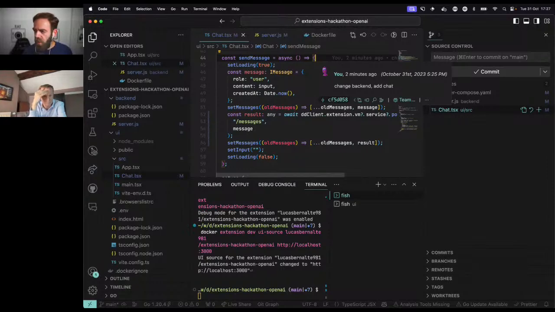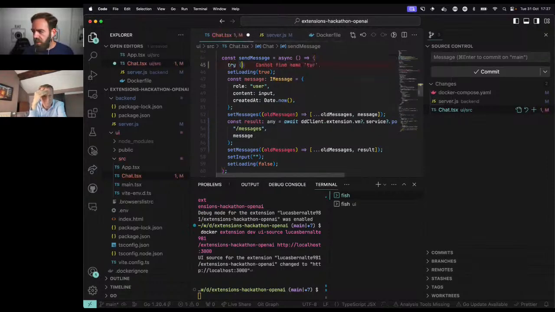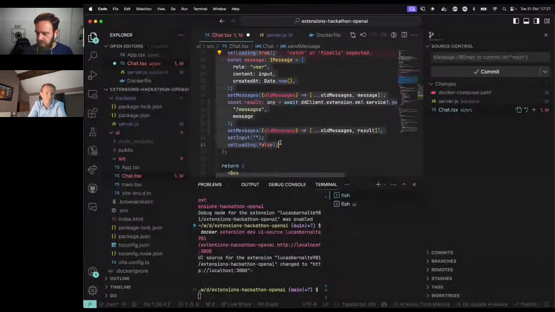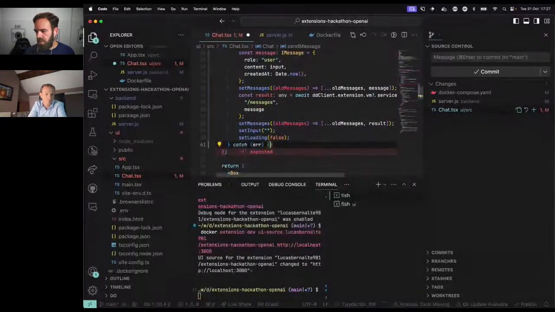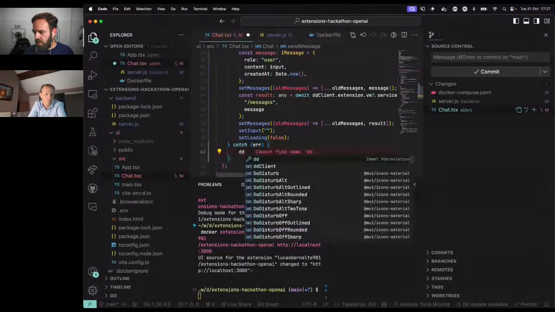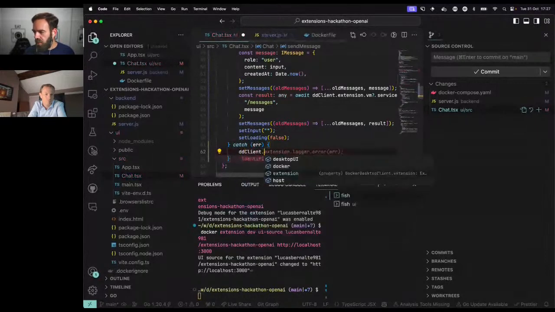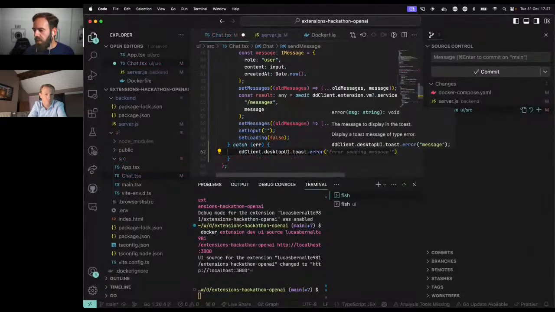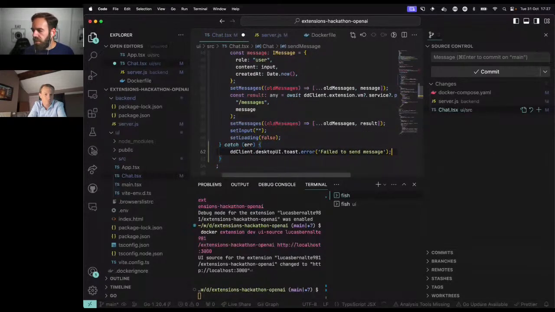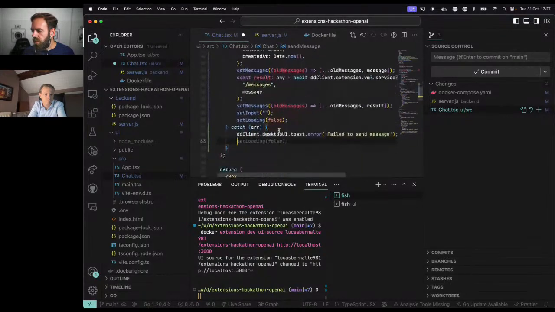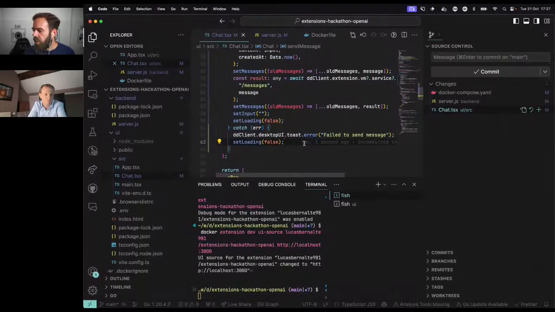If we wrap all of this into a try catch and then catch, we can do Docker Desktop Client .desktopUI .toast.error, failed to send message. That's perfect. And if it fails, we also want the loading to be false.